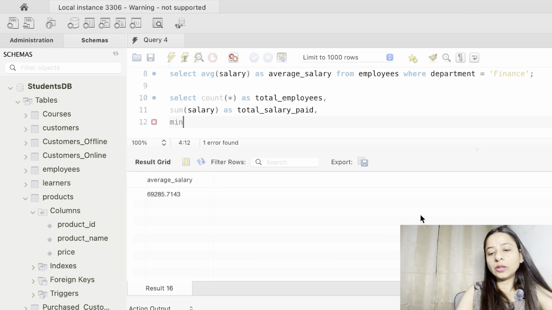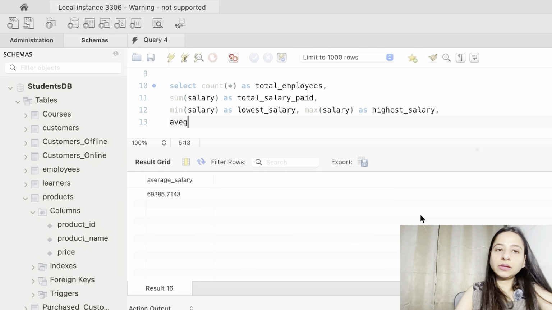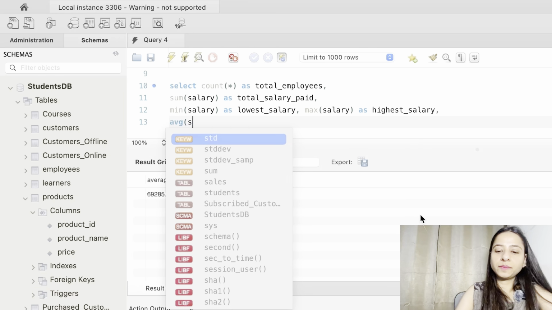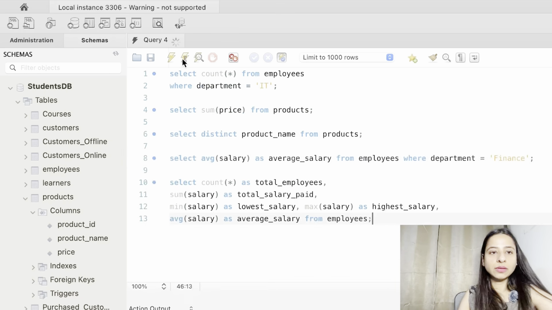Now we want to calculate the minimum salary as the lowest salary. The max salary as the highest salary. And lastly, the average of the salary. From the table employees. Now executing this.